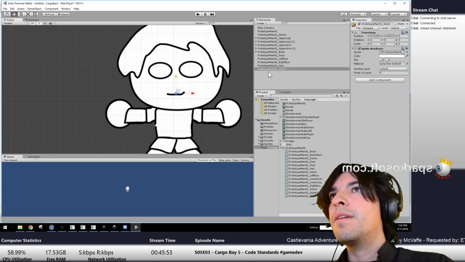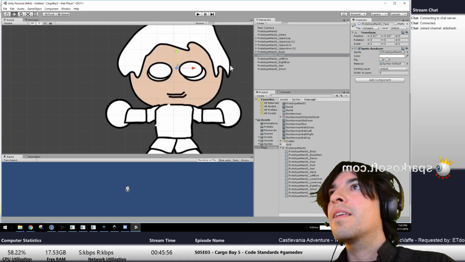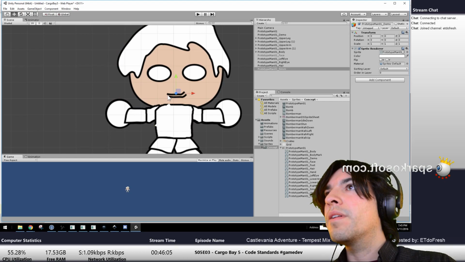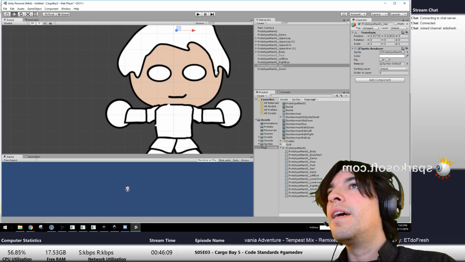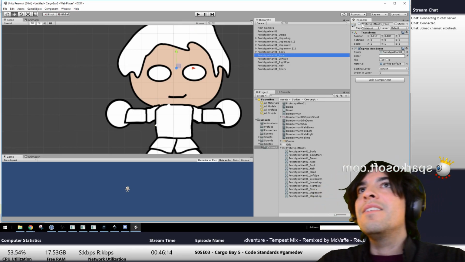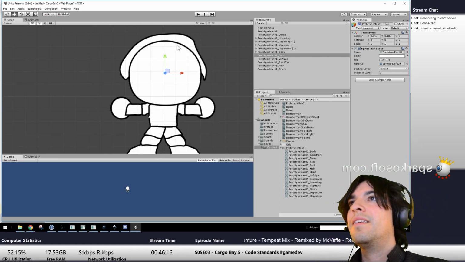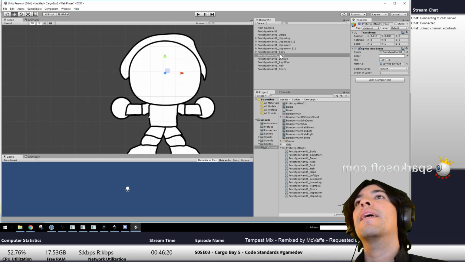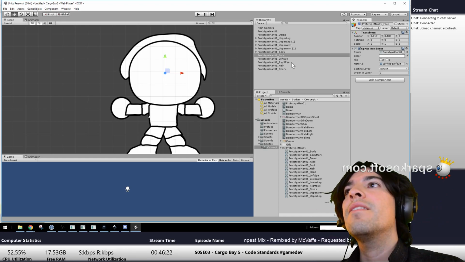Alright. I'm going to go ahead and hide the face just so we can set up the eyes a little better. Good, strong one. Alright, cool. And basically that is the dude in pieces. And now we can kind of just throw everything up in here. So typically we'll have a pelvis object,